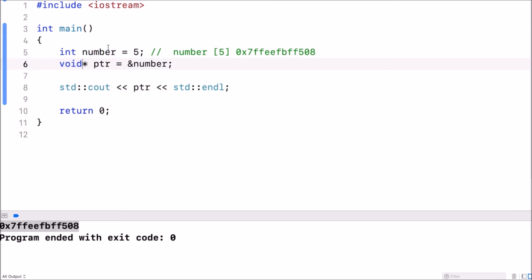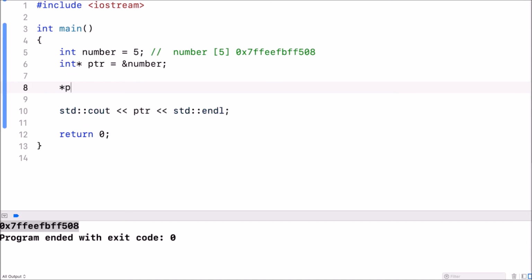So here, let's change this from void to int, because this is really what it is. It's a pointer that points to an integer. And here in the declaration, you can read this. It's a pointer to an int, a pointer to an integer. Now that I have this, when I dereference the pointer, so when I do star ptr,